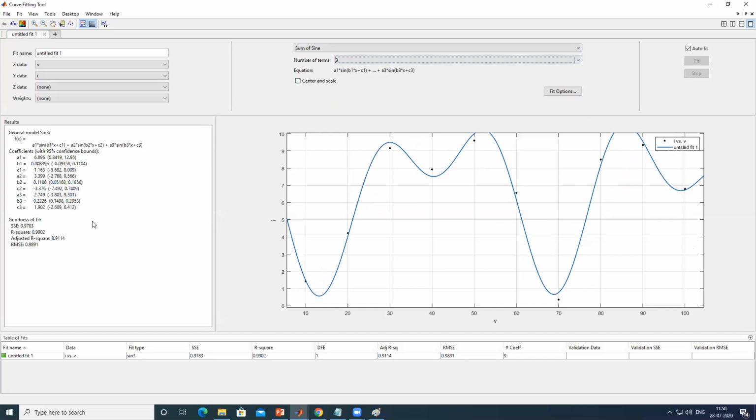So in case of sum of sine, if I use a 3-degree physical model, then that is giving us a very good result with the overall accuracy above 90%. Okay. And later on, we can use this one as a kind of a function also.